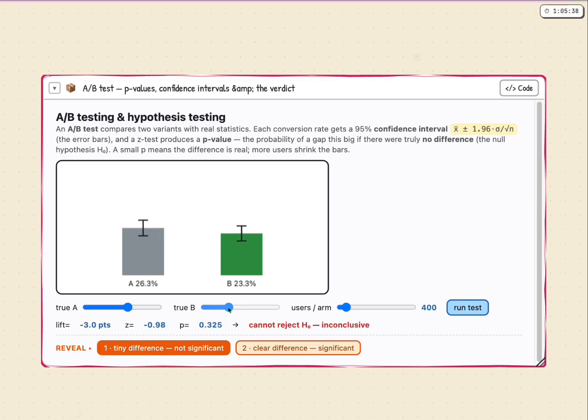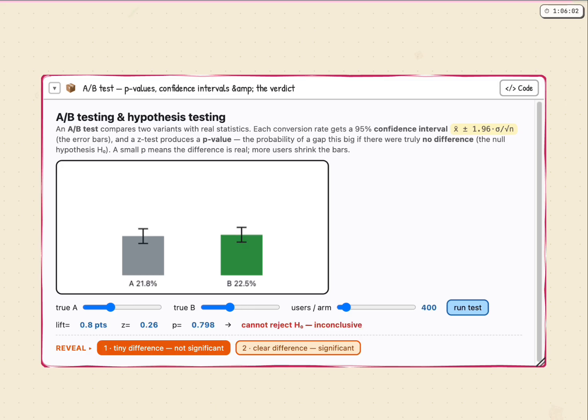Second, we compute a p-value. The p-value answers one precise question. If there were truly no difference between A and B, that's the null hypothesis, what's the probability we'd see a gap this large just by chance? If that probability is tiny, conventionally below 5%, then pure luck becomes an implausible explanation, and we declare the result